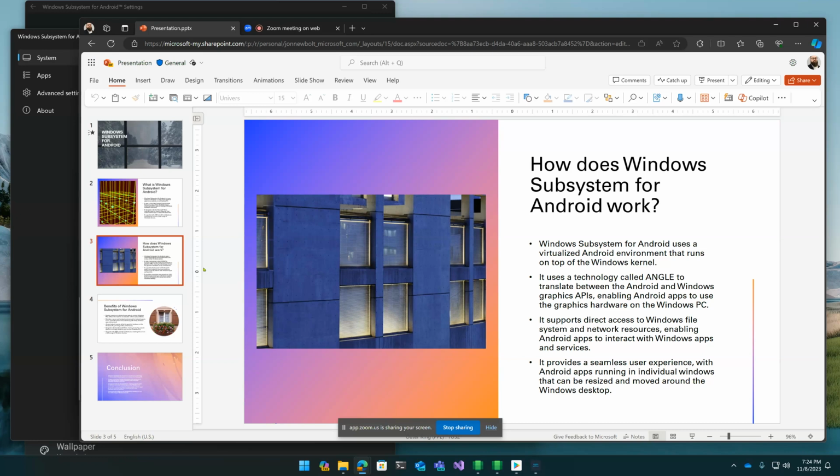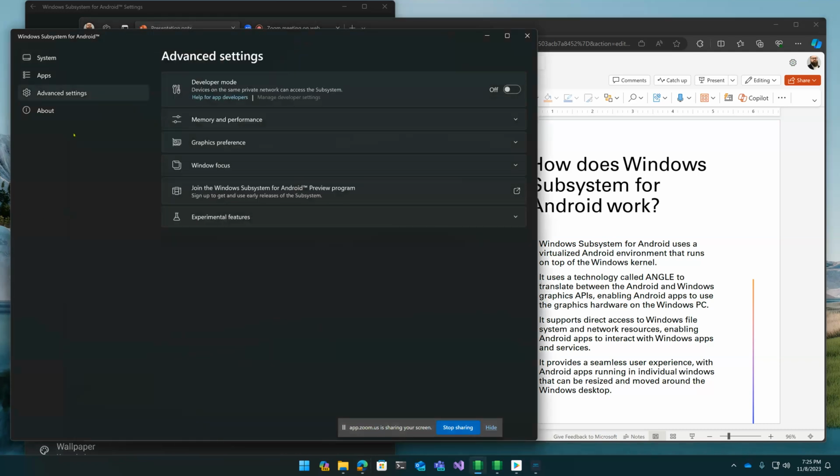Yeah, you have the ability to instrument the guest operating system, and you can dynamically allocate resources to it. So it's similar to other virtualization platforms, to use the paradigm of full on PC virtualization, one vCPU, 2 gigs of RAM, that sort of paradigm, directly analogous within Windows Subsystem for Android. I'll flip over to some of the settings.